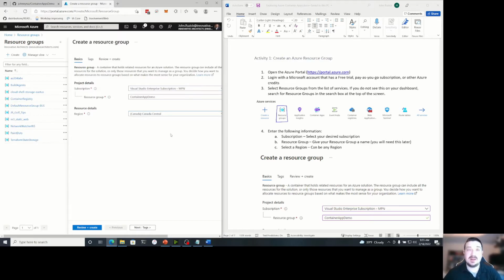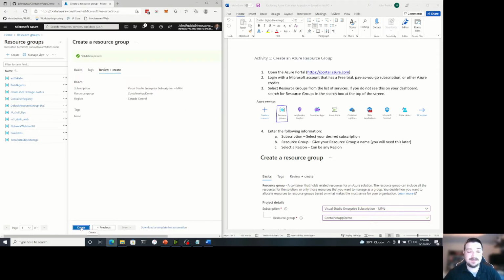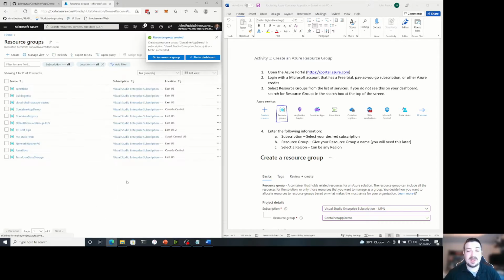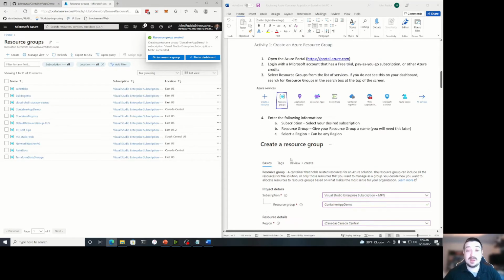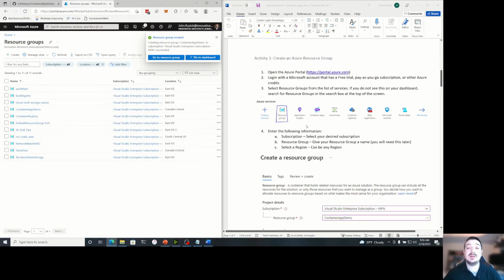It is now expanded into multiple regions, but right now I'm going to just follow along with this. If you're following along, go ahead and put this into Canada Central. We'll click on Review and Create. We'll see we got validation passed, and we'll go ahead and create that. And exercise 1 or activity 1 is done.